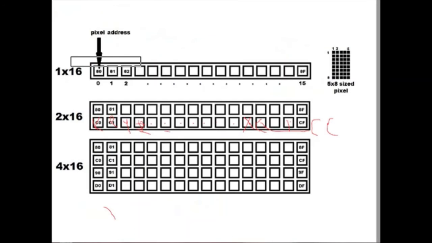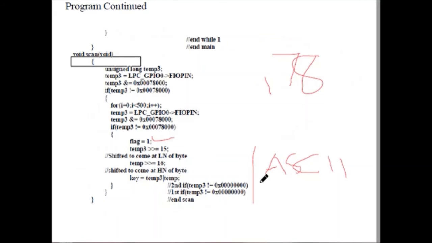So we are carrying out the OR operation to identify which key is pressed. Key is equal to temp3 ORed with temp. So temp3 ORed with temp, row and column. This is how it is generated. If you execute this program, you will get the details.